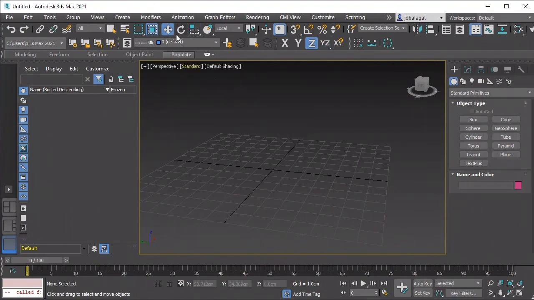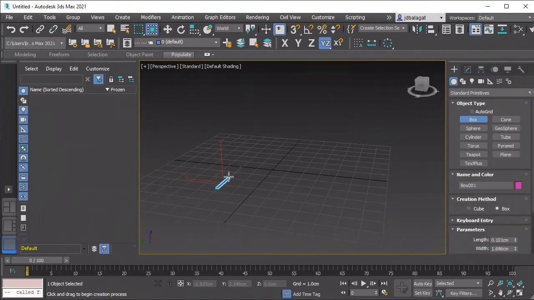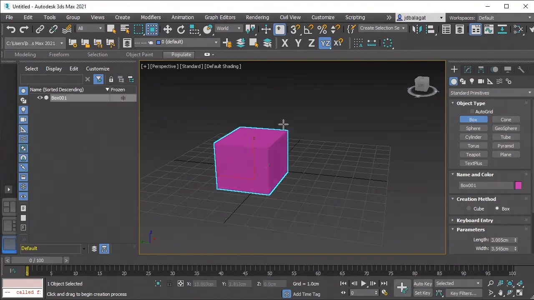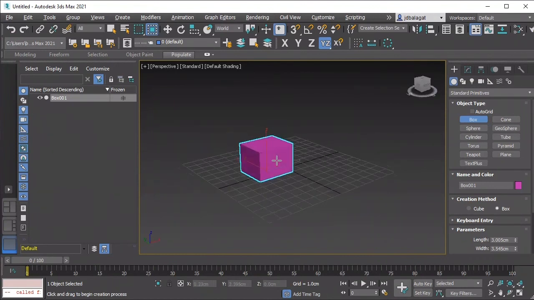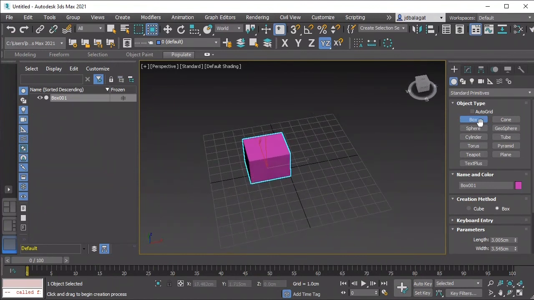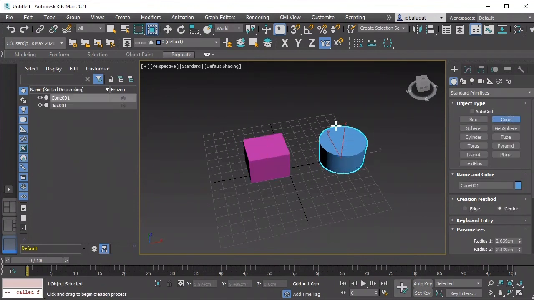You can move, rotate, and scale your object. You might want to locate your reference coordinate. Okay, so say you create different objects like a box, cone,